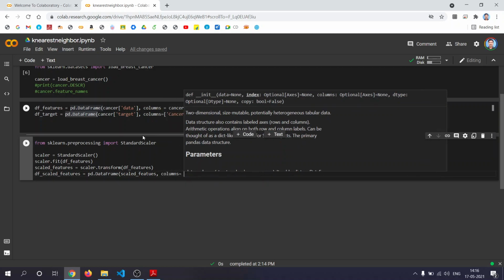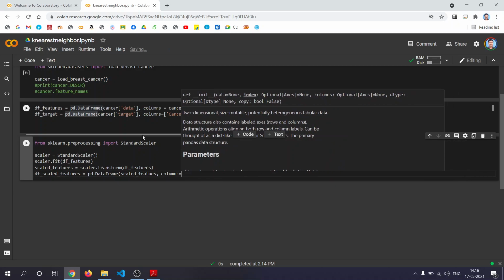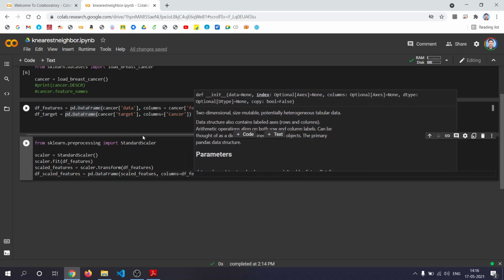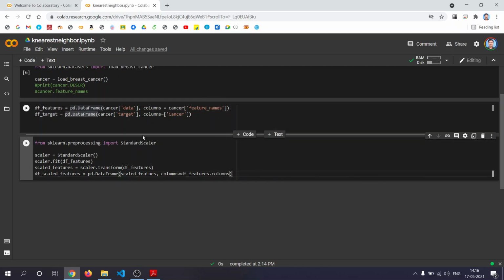Columns equal to df_features.columns, isn't it? The same columns as that of df_features. Then df_scaled_features.head().